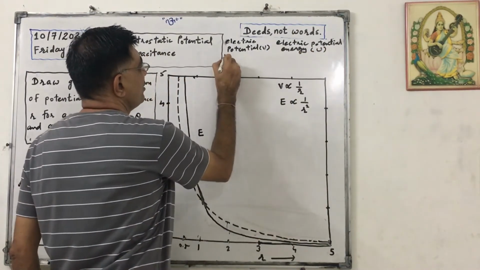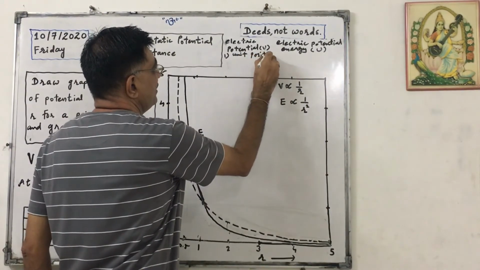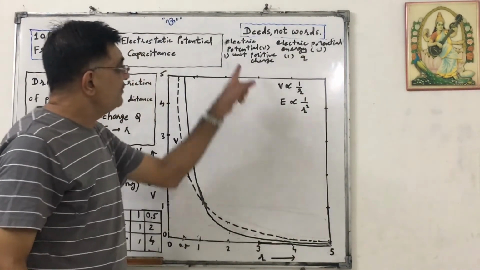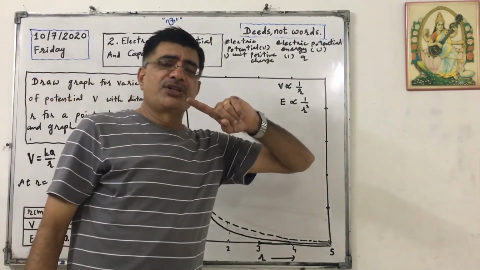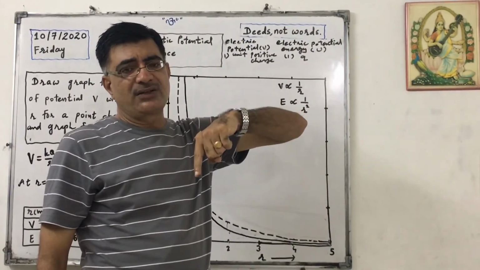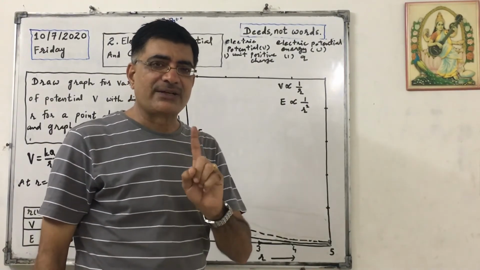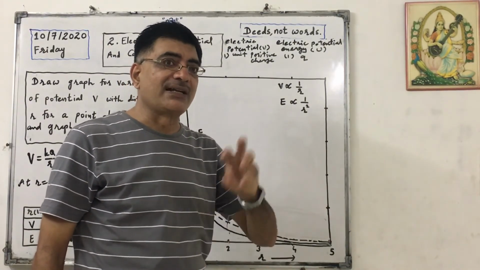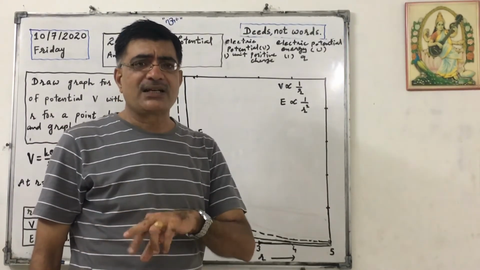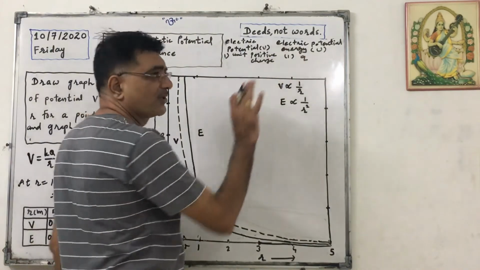The first difference is that here we need a unit positive charge, and here we need any charge. The definition of electric potential is the work required to bring a unit positive charge from infinity to a given point in the electric field, against the electric field, such that its speed is constant. That work is called electrostatic potential or electric potential at that point. But in case of electric potential energy, we can bring any charge. So both are different quantities.